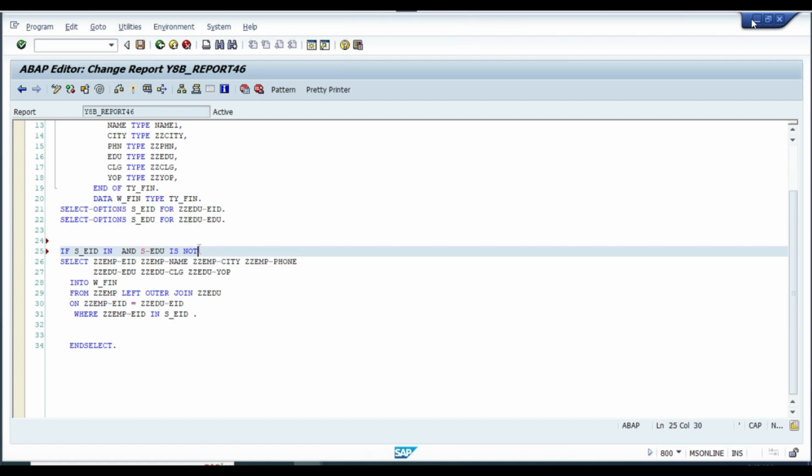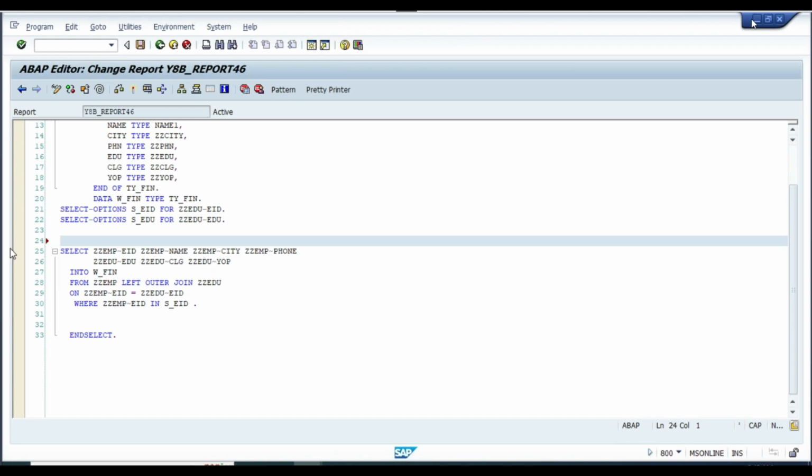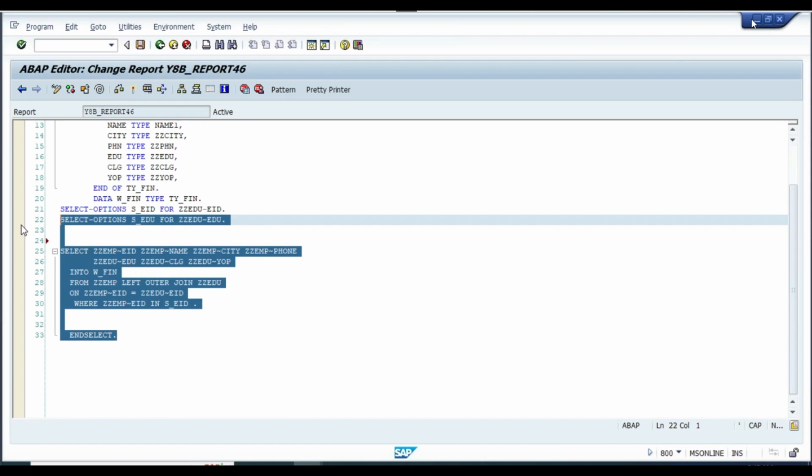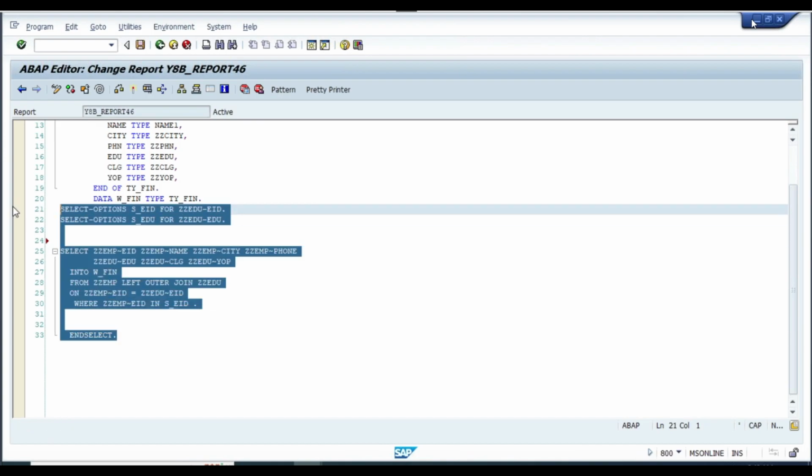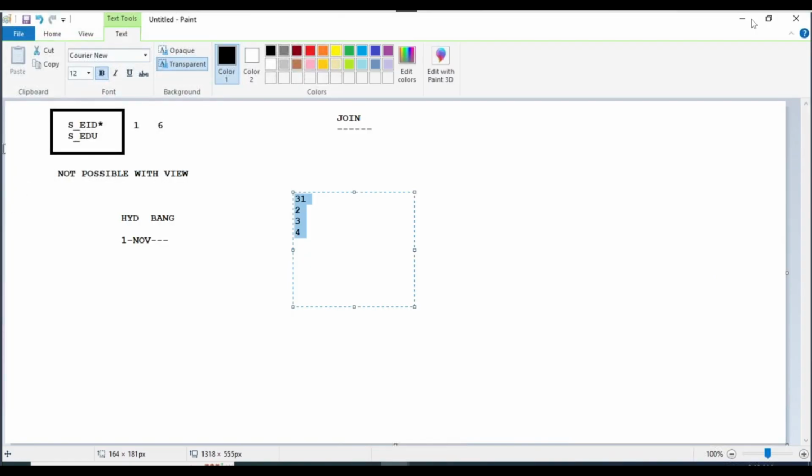Again, writing the if conditions for select options like this is meaningless. Ideally, we suggest that we cannot do this with nested selects. Sorry, we cannot do this with joins. I cannot do this scenario with views. I cannot do this scenario with joins. So the only option left with me is